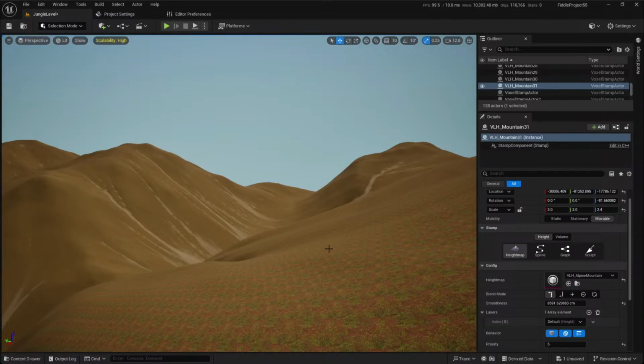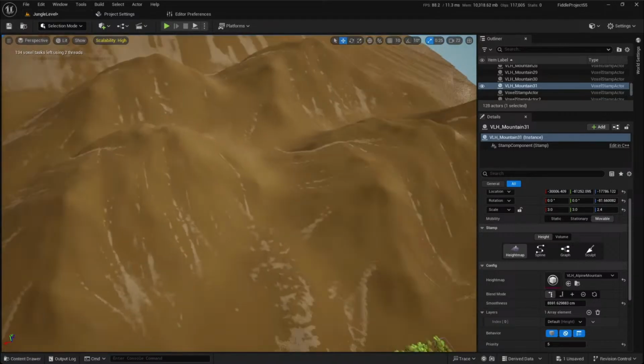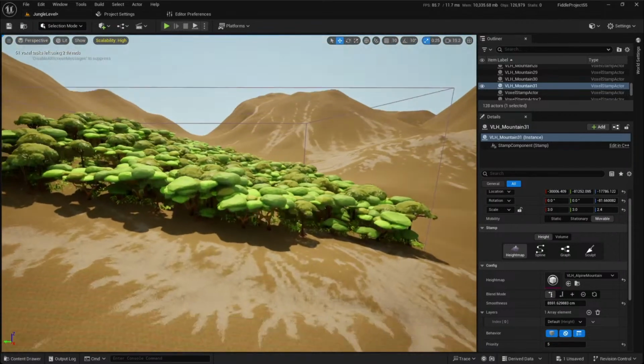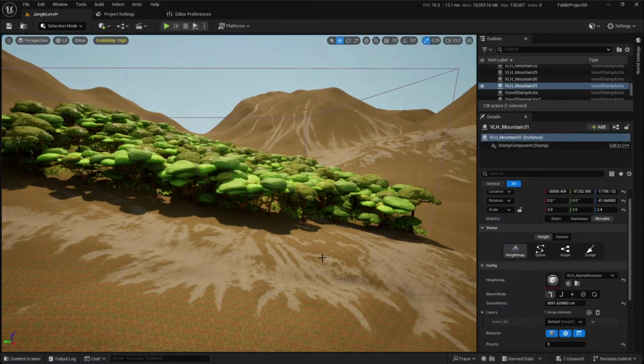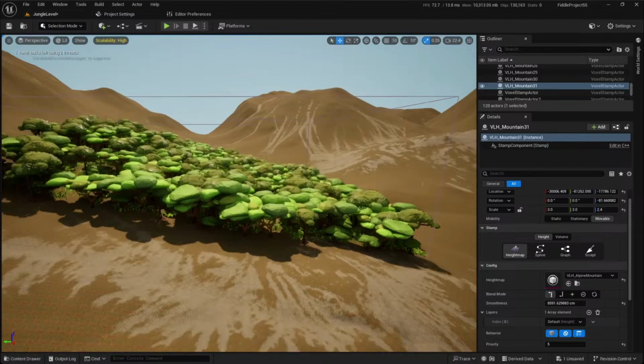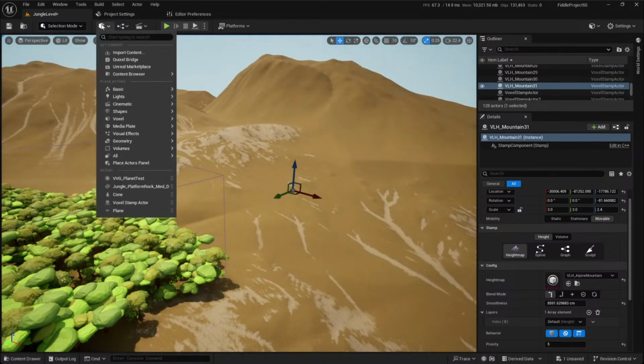Will it be feasible to use the plugin to create spline-based paths that conform to or alter the terrain for a city building type game? So spline stamps are currently in, but they're really lackluster. We're looking at doing really cool things with them, but we just haven't gotten around to it yet, and it's relatively low priority. So as the plugin is right now, I unfortunately can't say that that will be a good fit. But we definitely hope to improve that side of the tooling in the future. And something you can already do is create a spline component on your side and spawn voxel stamps along it. Because if we just grab